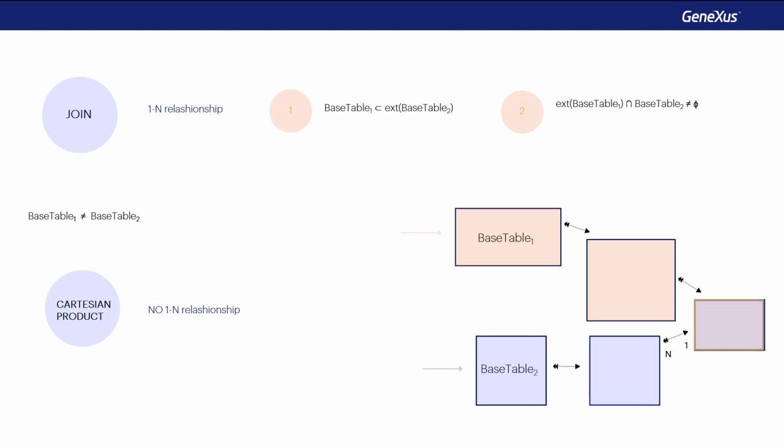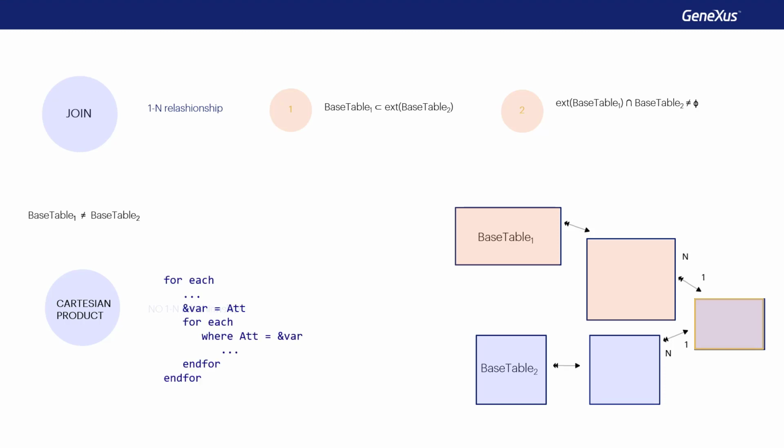The more indirect the relationship, the less likely it seems that the developer is looking to take it into account, because the relationship seems more and more distant, and if the developer is looking for it, they can always make it explicit. For example, by assigning to a variable the value of the attribute that's obtained by following the path of the extended table of the main for each, that is to say, the value of this attribute that matches this one. And in the nested for each, explicitly filtering the records from which you get to this other attribute that's called the same because it's also a foreign key to the common table.